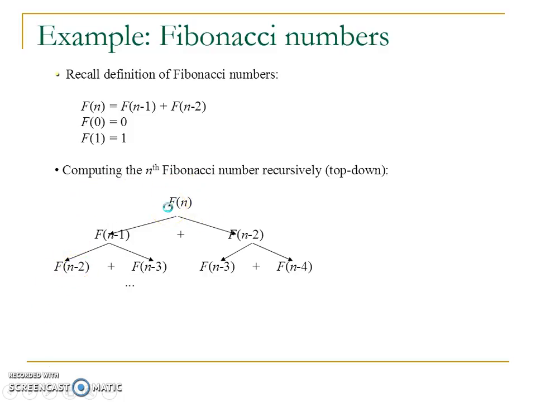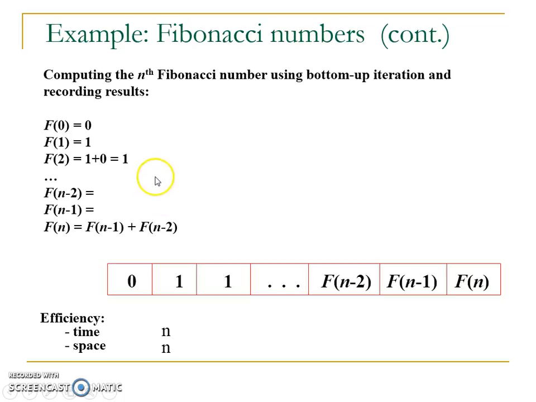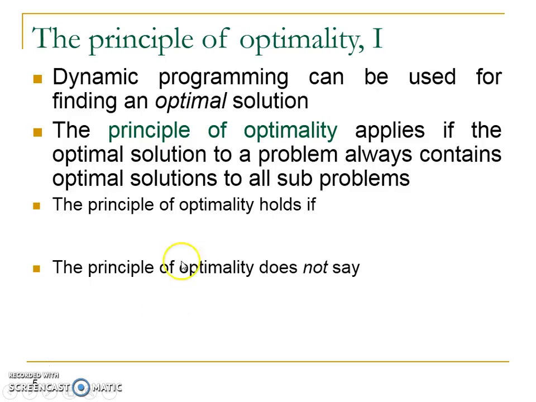and finally you will be able to compute the value of f of n. However, when you are using dynamic programming, you approach the solution in a bottom-up and iterative fashion. So remember, in dynamic programming, we try to write a recursive algorithm but in an iterative way. You compute f of 0, f of 1, f of 2 and so on, and save the results in the table as you can see, and then compute f of n finally from the previous two sub-instances which you have solved earlier in the iteration. And you can see the time complexity also decreases. The time required using dynamic programming decreases as compared to a recursive algorithm.